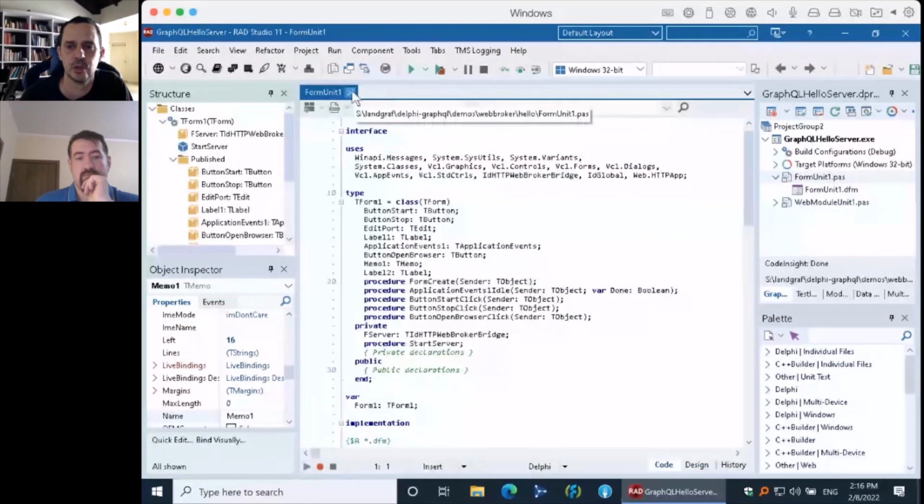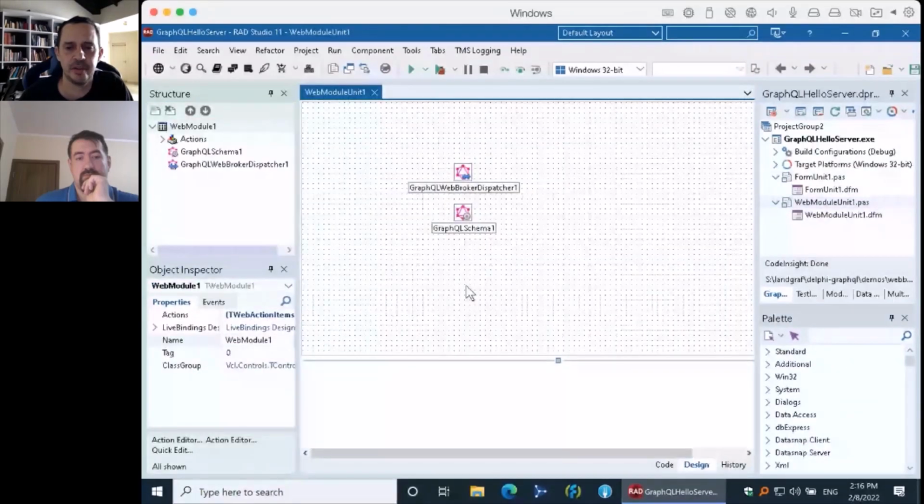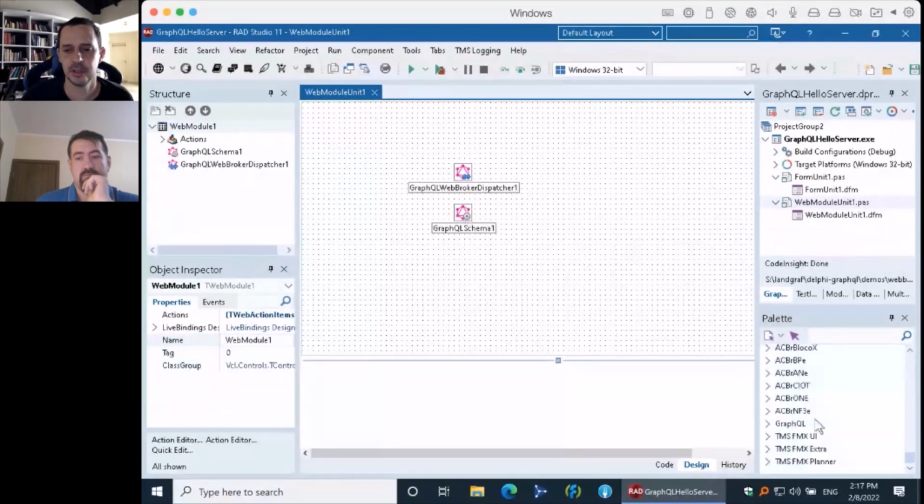Okay, so what we have here specific for the GraphQL server is the web module, which was also created by the web broker wizard, but it was empty, of course. And then we have dropped two components here, which are actually for now the only components available in the framework: a GraphQL schema and a GraphQL web broker dispatcher.